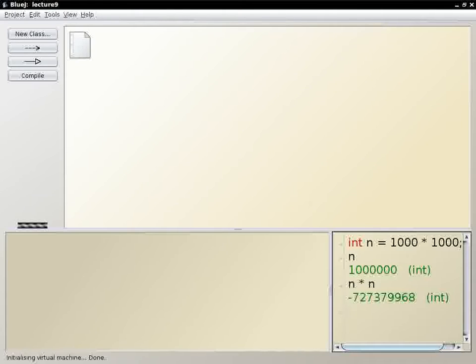Yeah, so the integers must be stored in a total of 32 bits, and so this needs more bits to be represented, and then it just gets rounded modulo those 32 bits, and you can just get a negative number as a result. And notice there's no error message or anything. What it is, it's just the last 32 bits of 10 to the 12, but since the top bit is the sign bit, it just happens that that one is set, so it's negative.